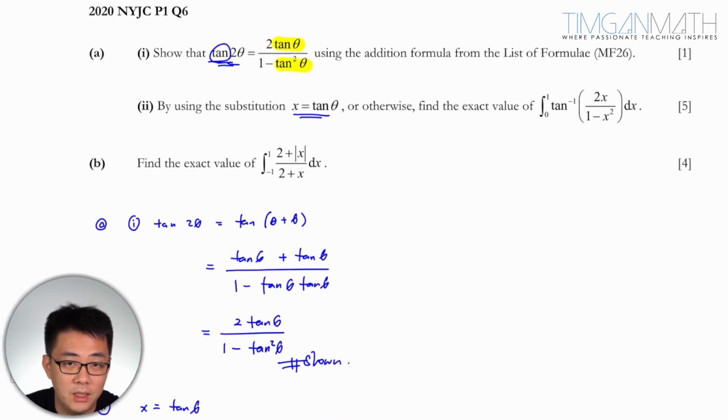Let's look at part B. Part B, we're told to find this integration here, 2 plus mod x over 2 plus x. Okay, let's see how we can do this. Now, the first thing for modulus function, I will suggest that we